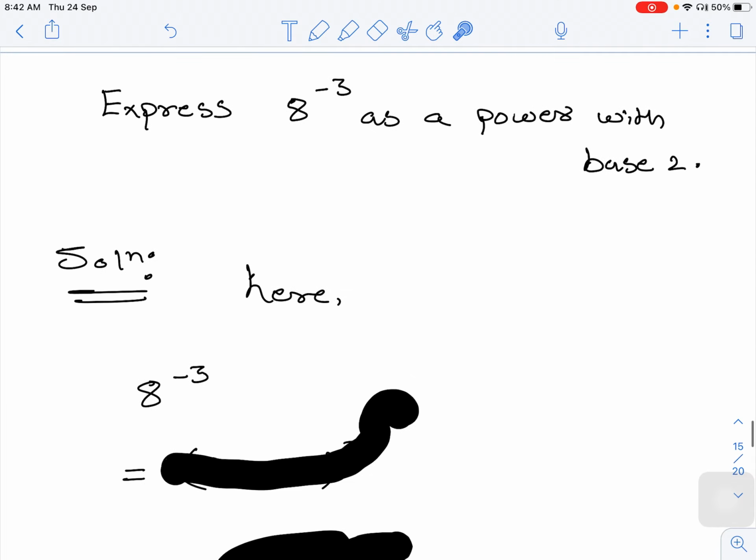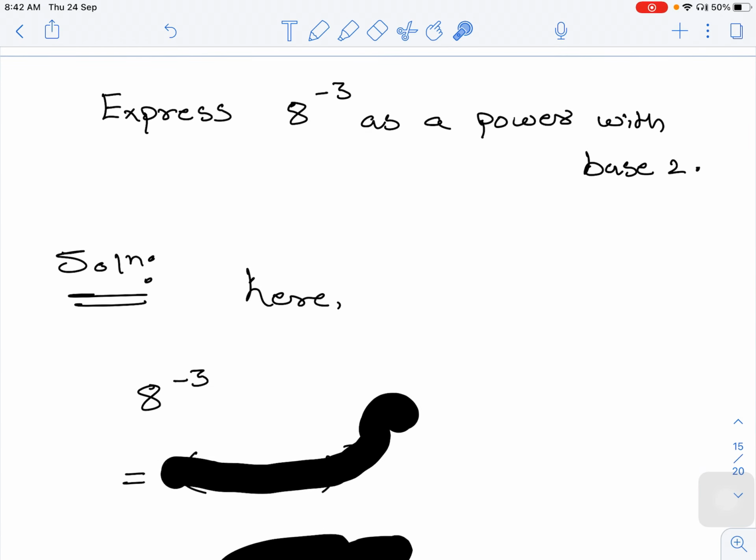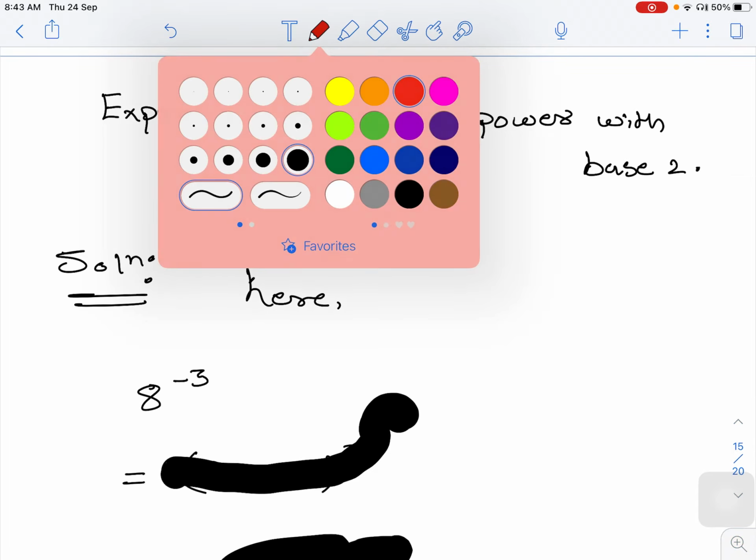So now here we have our first example as: express 8 raised to minus 3 as a power with base 2. Means what is the condition here? Right now the base is 8, we want to make it 2. How to make it 2? So we will find prime factors of 8, okay? So I'm writing the prime factors of 8 over here,